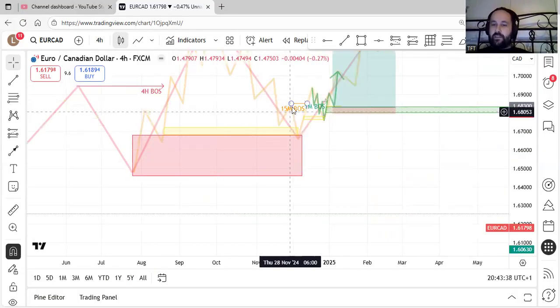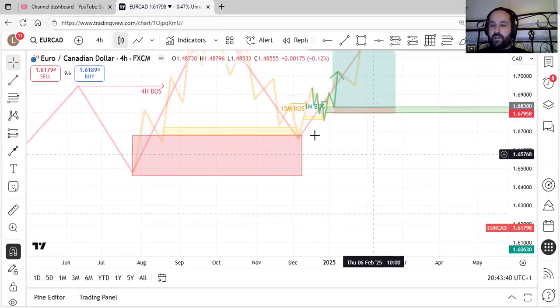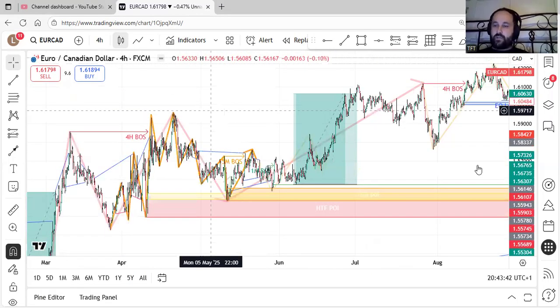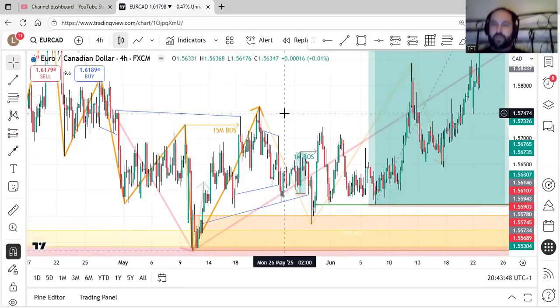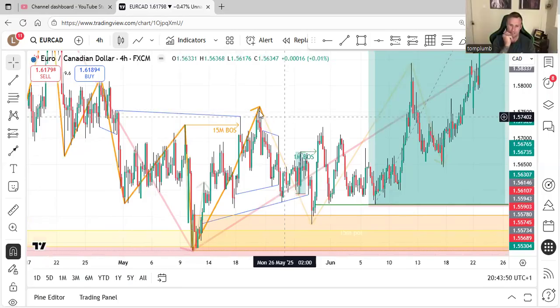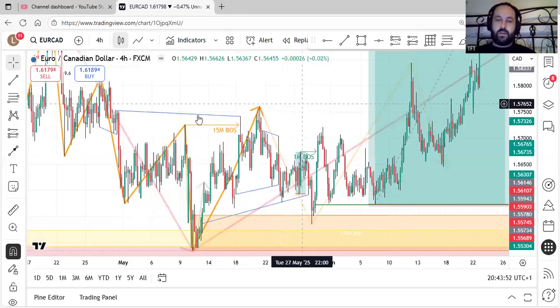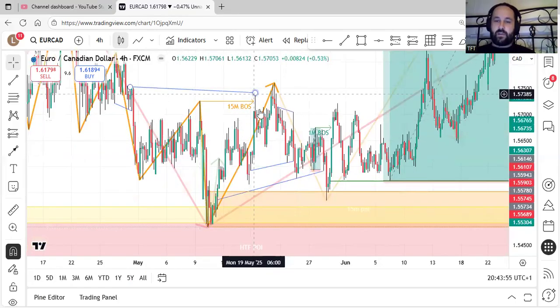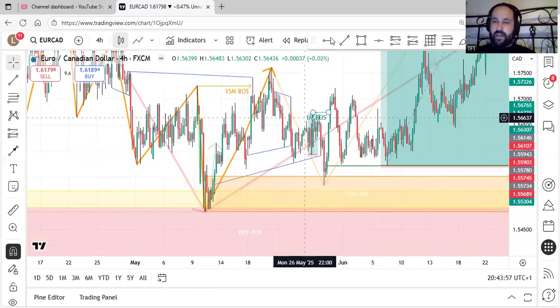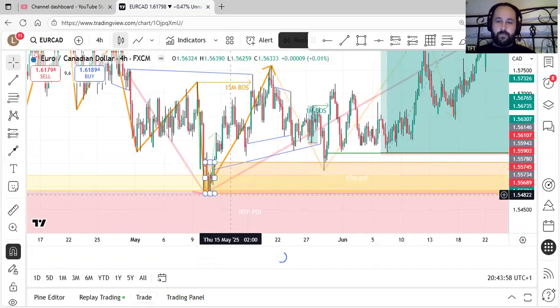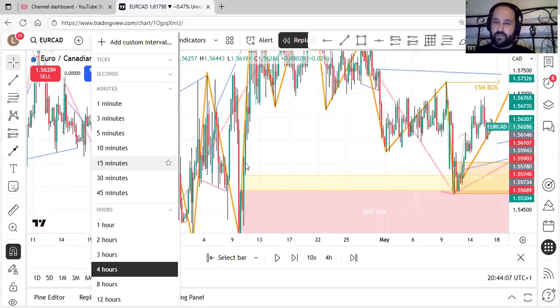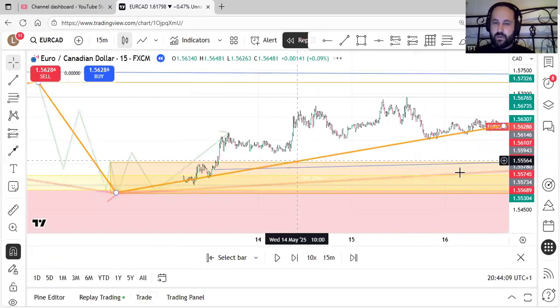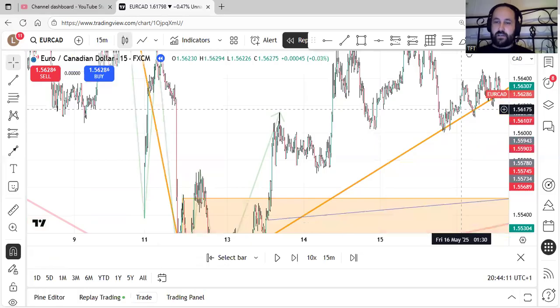So as you see here, there's a 15-minute break, and then it comes back 1 minute. I just want to show you that on this chart as well, because obviously I don't want people to think that it's just made up and it's not playable in a real life situation. So this is the 15-minute break here, close above it. From that point, we should have a 15-minute zone to mark, which should be marked on the 15. I might have done it on the 5 or something, but basically just after a decent looking imbalance.